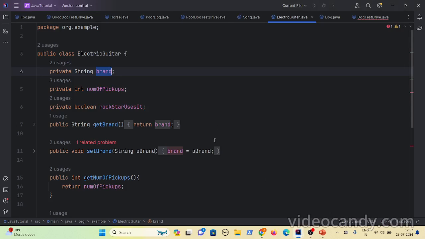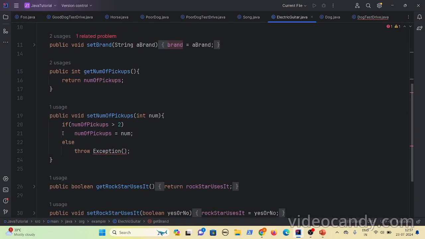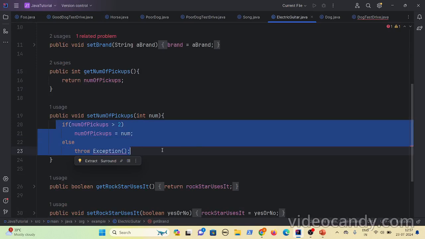So the simple rule is, to protect your data, instance variables, which are nothing but the state of any object, always give private as your access modifier and have setters and getters methods. Though initially you don't have any logic to add, just set whatever value you get to the instance variables, and in the getter method just return it. But in future, based on your data, you can add more modifications. If you follow this, you need to change the places where all these values are being used.